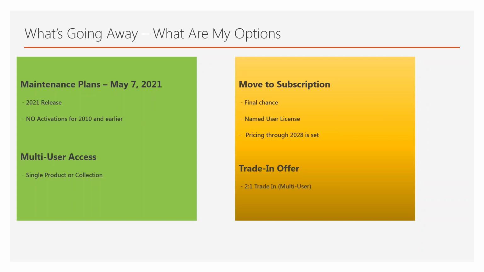Now these are just called standard subscription licenses, but they're really just a subscription license. So they throw the word standard out there, but it's just a subscription license. And so those are going to come into effect on August 7th. So you'll be able to trade in your network license, and that's your first renewal. This is your first renewal